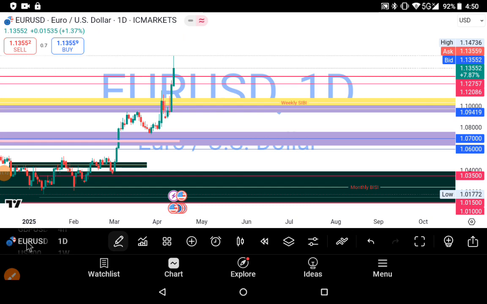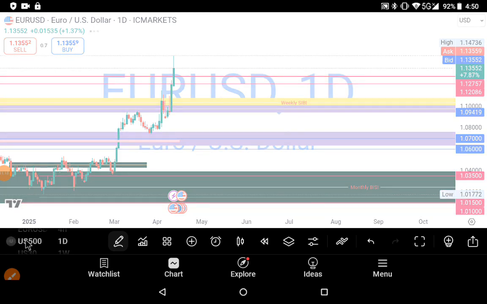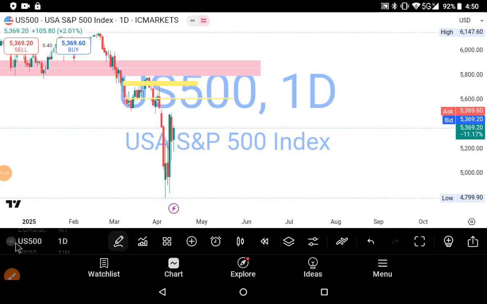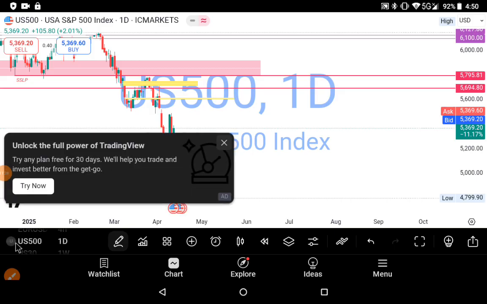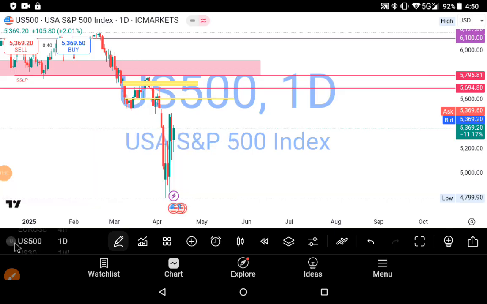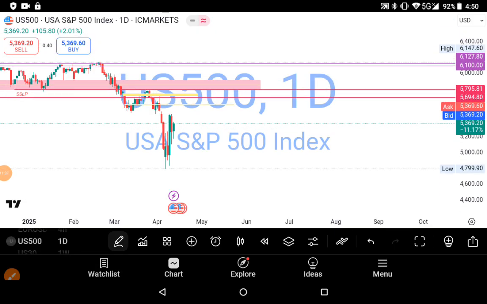So we go to our S&P 500. I don't want this thing to be lengthy. S&P 500 last week, I was interested in the market price giving us a movement into 5400. Yes, I was interested in the market price giving us 5400. So the market price is approaching. If we are going bullish, we'll be approaching 5400.